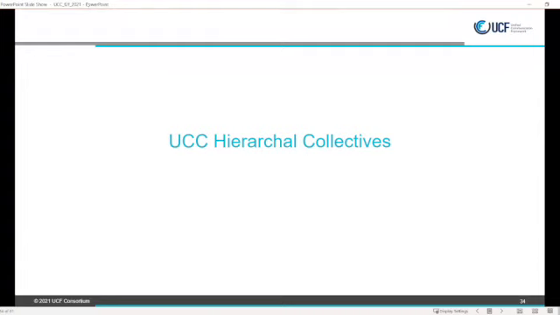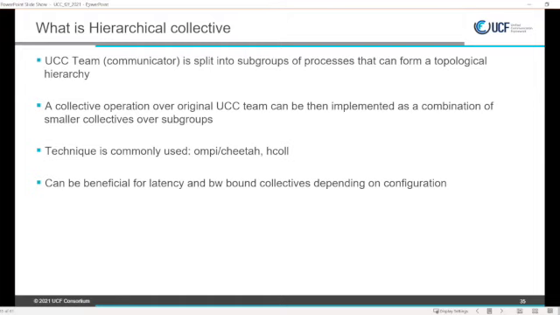So should I start? Please go ahead, Val. Yeah, so I will talk about one piece of the UCC library, which is hierarchical collectives. It's not a new thing; it's a commonly used technique to implement collectives.